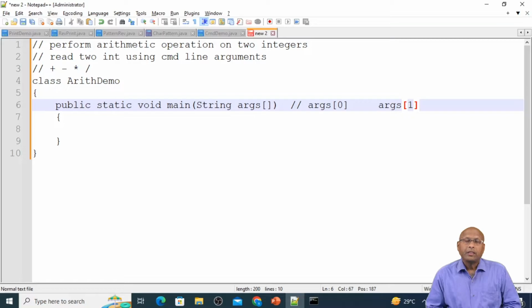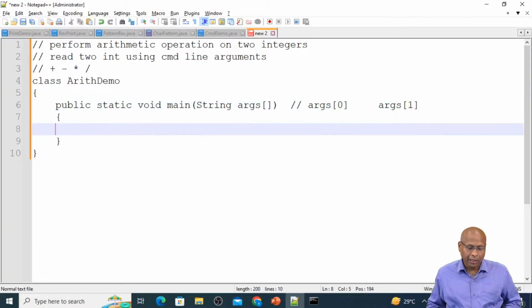So this data is available in string format, but actually we have to perform arithmetic operation. Arithmetic operation means data must be in integer form. So whatever data you are passing is in string format. So the string format I have to convert into integer format. So how to convert into integer? There are various methods. So here what I will do,